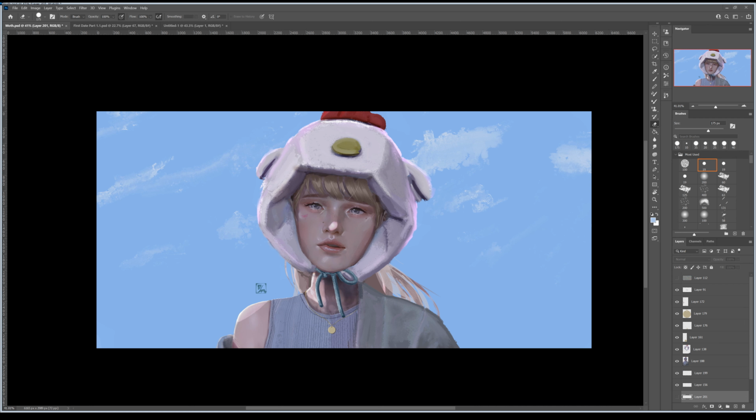Hello everybody. Welcome to my next painting tutorial. This is going to be just a quick one. We're going to do clouds for this one. I think part of the reason why I wanted to do a tutorial with clouds was, I often get asked